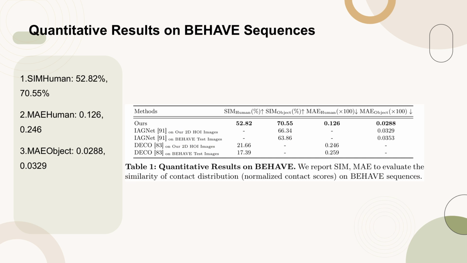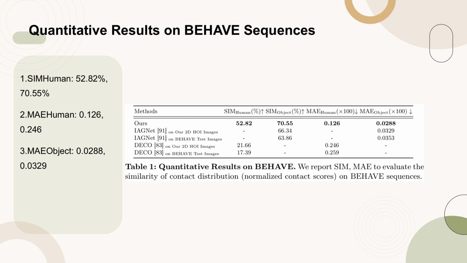The table compares our method with IAGNet and DECO across different datasets, highlighting the performance in terms of SIM human, MAE human, and MAE object. Key metrics include a SIM human of 52.82% and 70.55%, MAE human of 0.126 and 0.246, and MAE object of 0.0288 and 0.0329. These results underscore the effectiveness of our approach in modeling the distribution of relative orientation and proximity